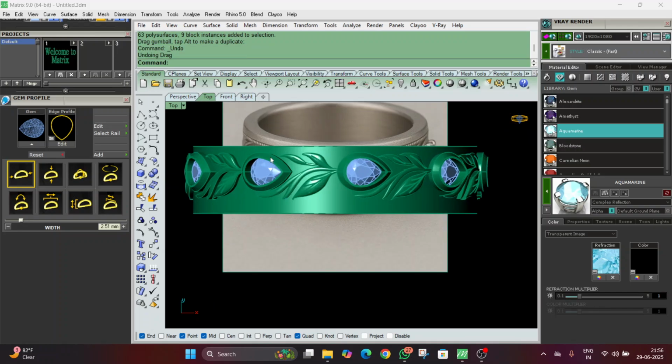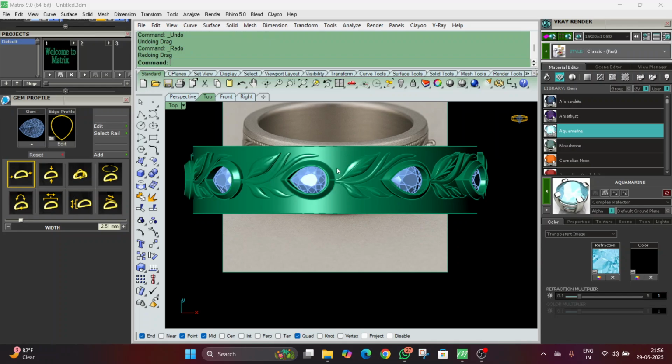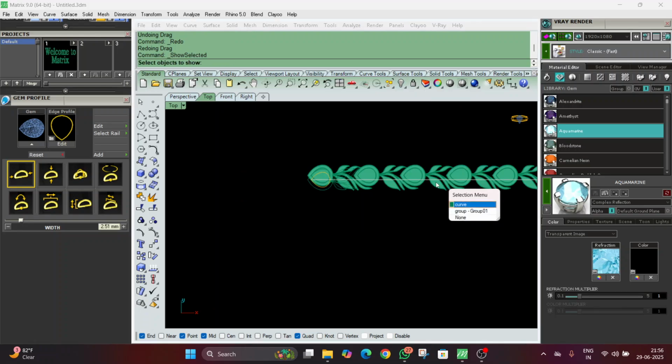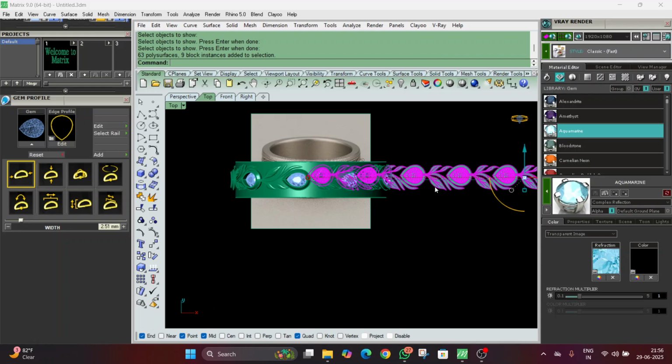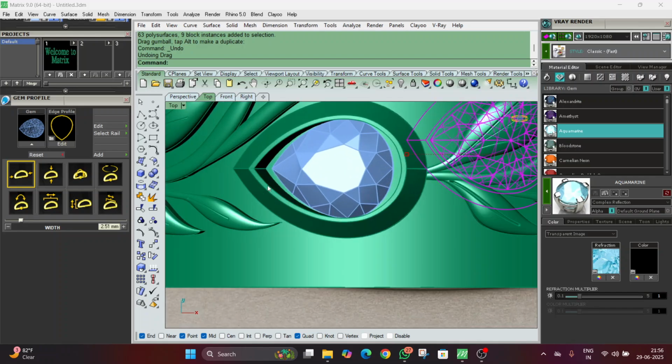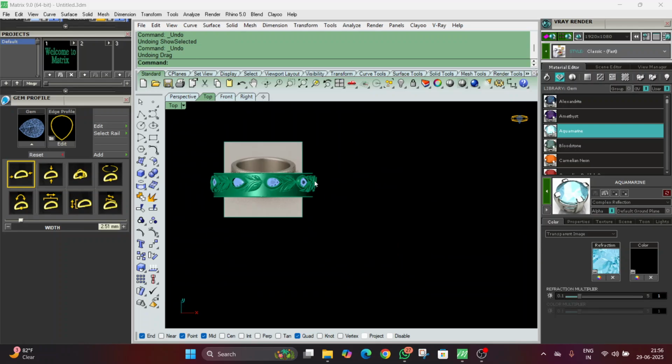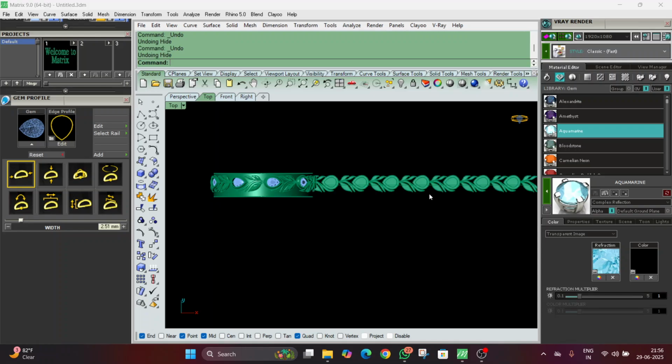But if you do that, your history will break, and if you try to reconsider it from here, you won't be able to change it, and you will have to do the complete design again. I'm so sorry. So what we are going to do is